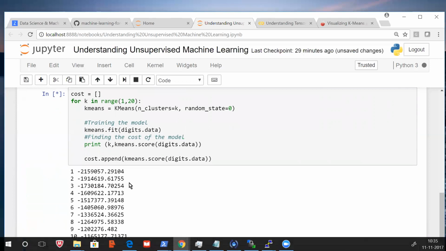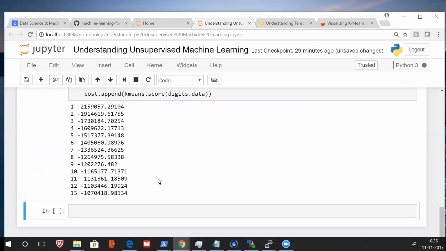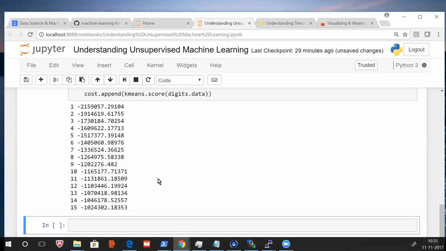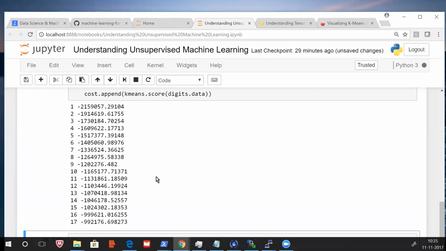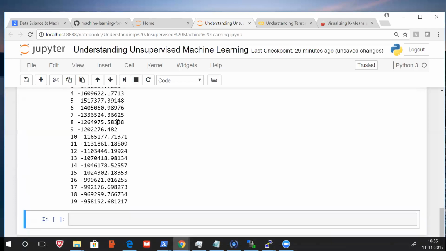I want the range you have mentioned here, the 1 to 20. But it is processing the same data set. We are not giving a new data set, right? Right. We are just trying to create 20 possible clusters. I mean, it's not total number of clusters. First time you're using one cluster and seeing the cost, 2 clusters and seeing the cost, 3 clusters and seeing the cost, right? The same.